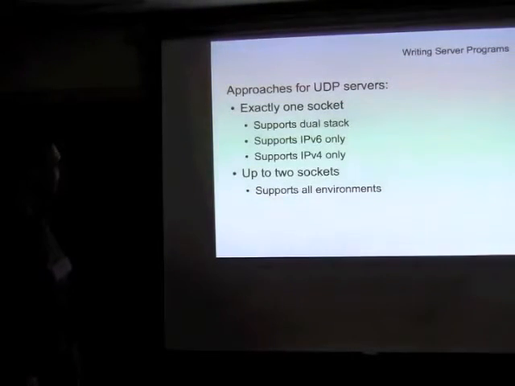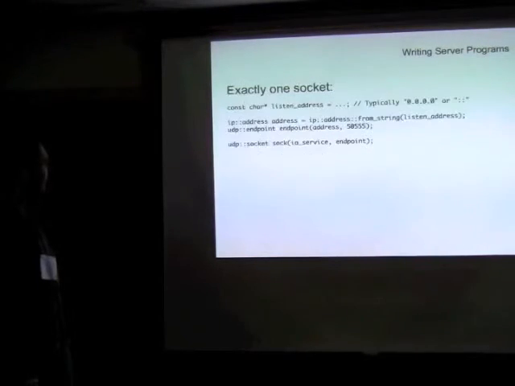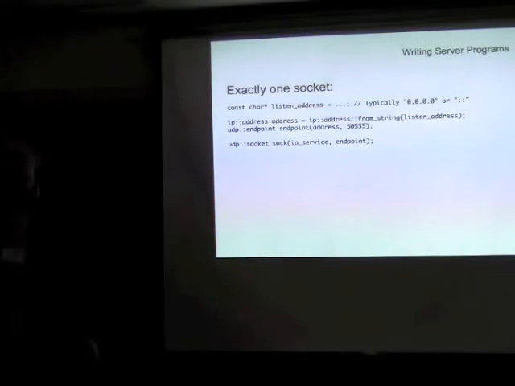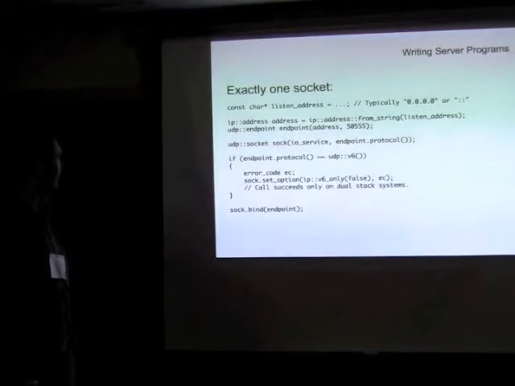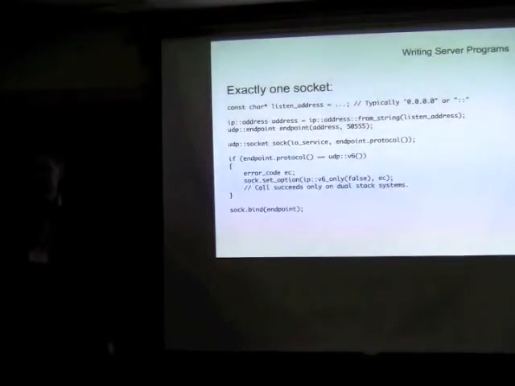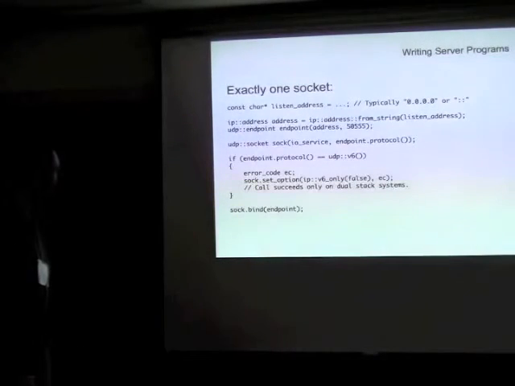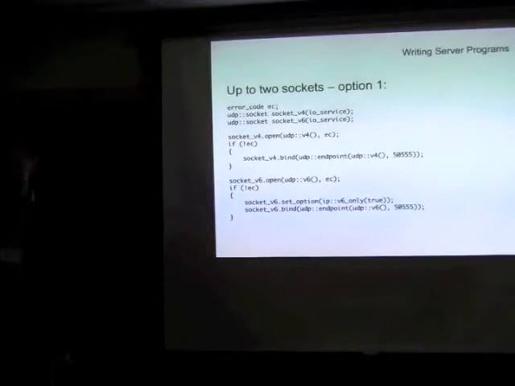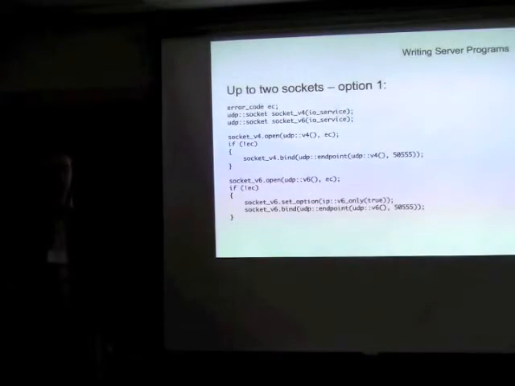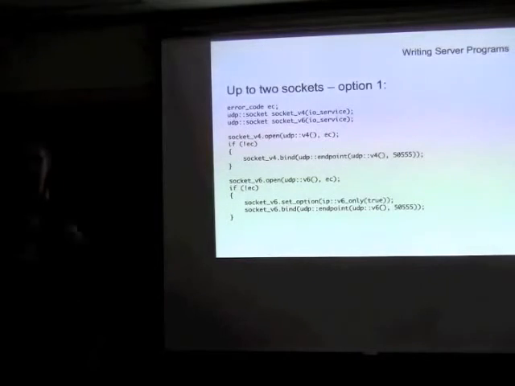Now, UDP servers are actually fairly similar on the server side, so I'll just skip through it quickly. Here, again, we can create the socket so it's bound to an address specified as a string. And again, we can determine whether or not we're on a dual stack system by making this set option call to try and disable v6 only. And we have the same types of options as we did in the TCP case. So we can create two separate sockets for UDP v4 and v6. And in this case, we're always setting the v6 one to true, so we're going to always use two separate